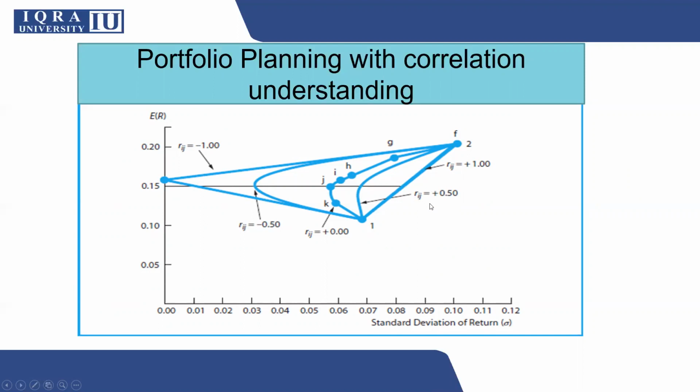Look over here. You have a correlation, but this correlation is plus 0.5. So you can see that in case of plus 0.5, you will be moving over here. Your return will be less and your standard deviation is on a higher side. So naturally, you are trying to do both things: you are trying to increase your portfolio return, and simultaneously you are trying to reduce the standard deviation of the portfolio. So this graphical presentation is indicating that if you can get a correlation of minus 0.5, then you can reduce the standard deviation and you can also increase the portfolio return from your selected portfolio.